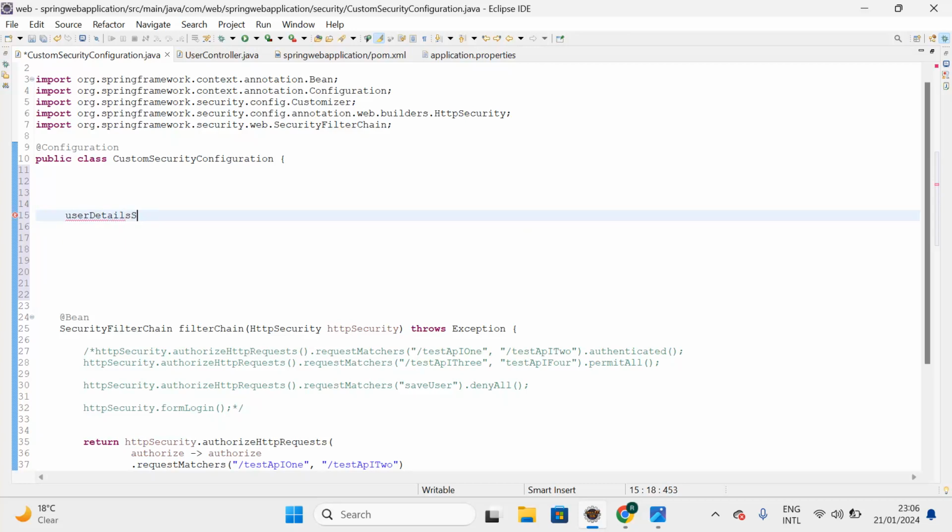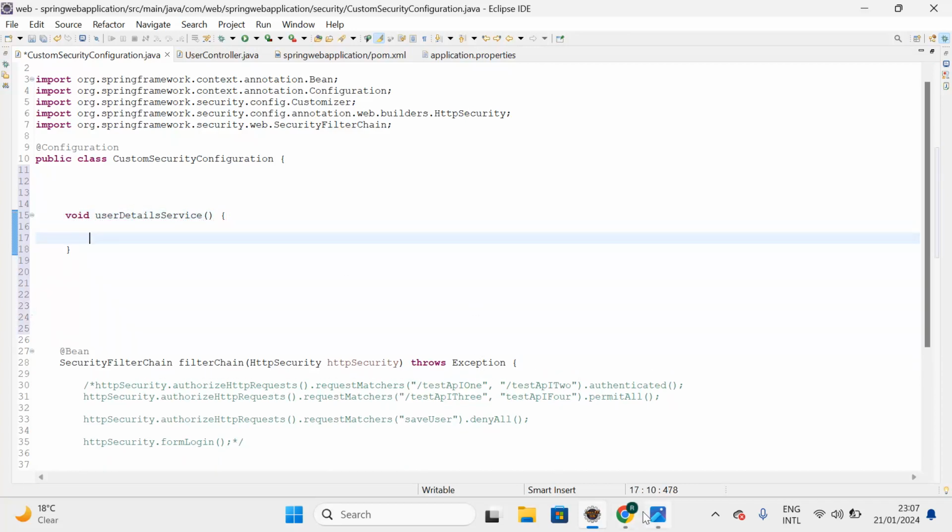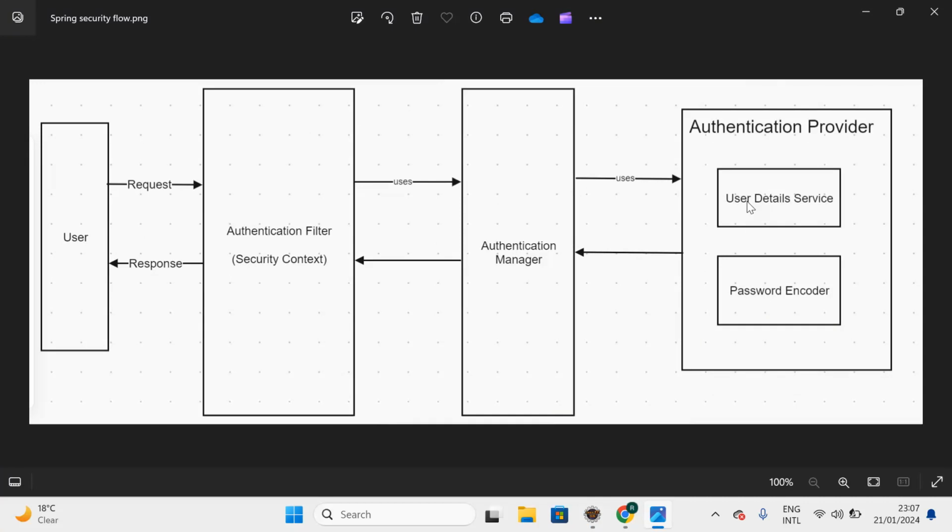We'll create our own user-defined user details service method, and as of now I will give void. If you understand this diagram, you can write the code on your own, guys. Okay, so now we are going to implement the in-memory user details service